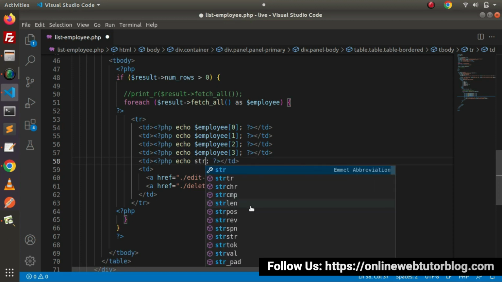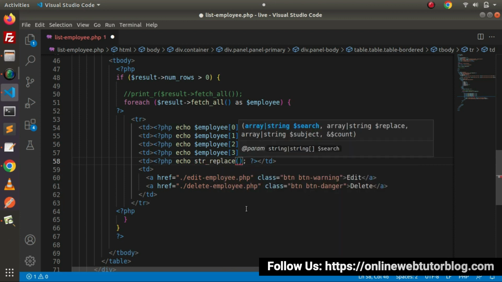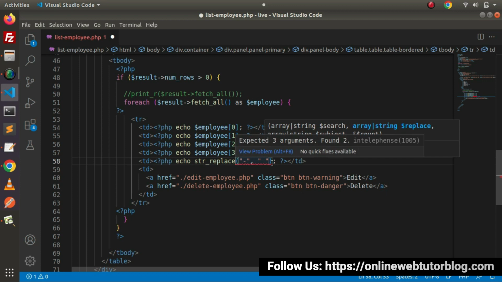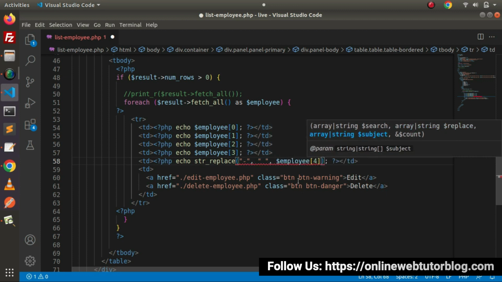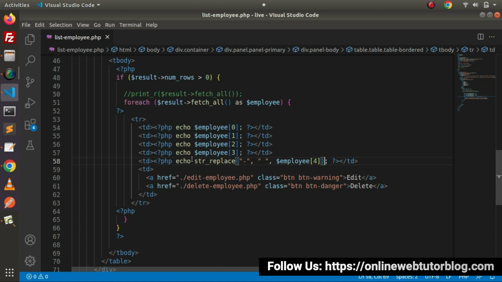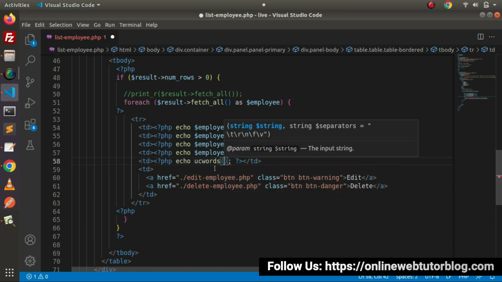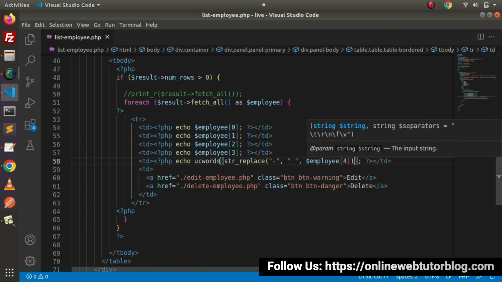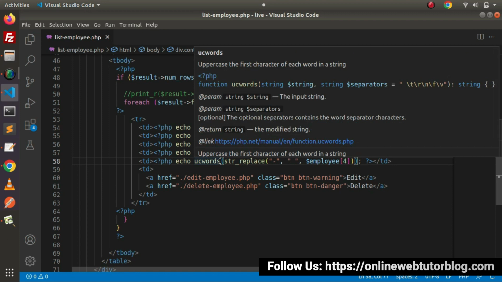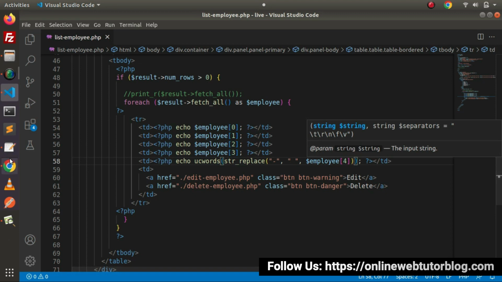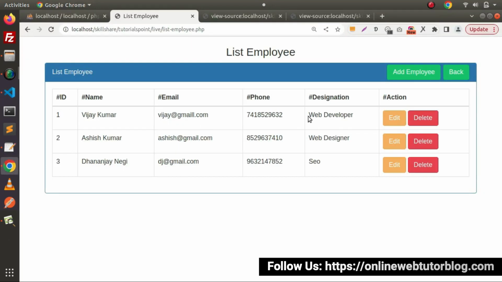So what I will do, first of all let's replace, str_replace. We want to replace, look at IntelliSense, the search, we want to search hyphen. Next we want that hyphen should be replaced with a space, and this is the value. After getting the replaced value, we want the first letter of each word. It means ucwords, it's a PHP function. It will convert the first letter of every word into a capital letter. Now if we save this change, go and reload, now as we can see, web developer, web designer and